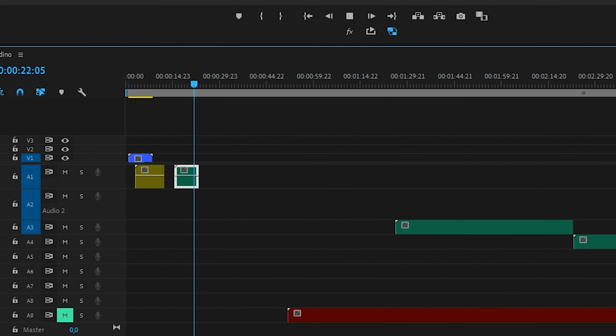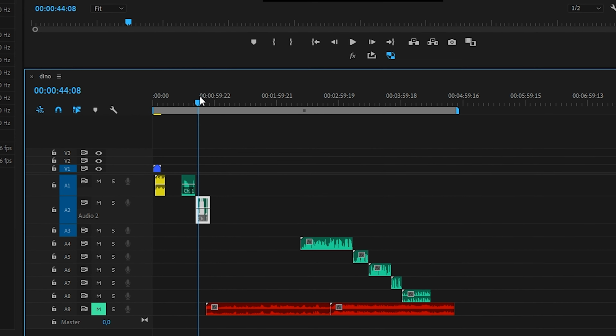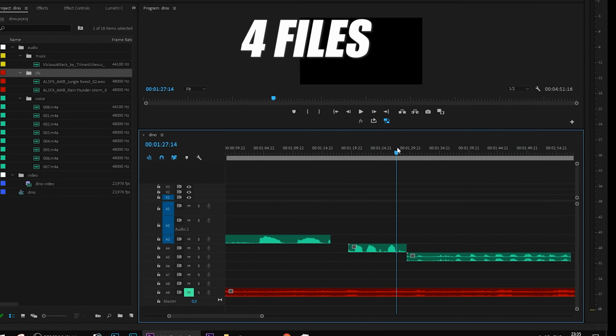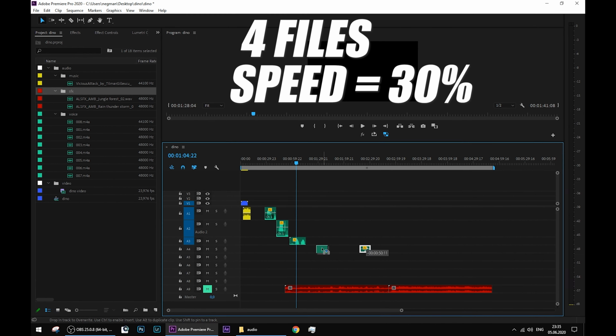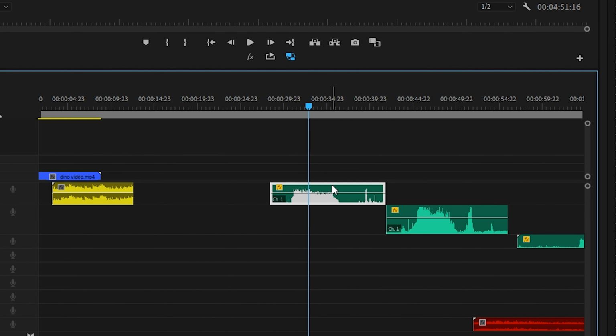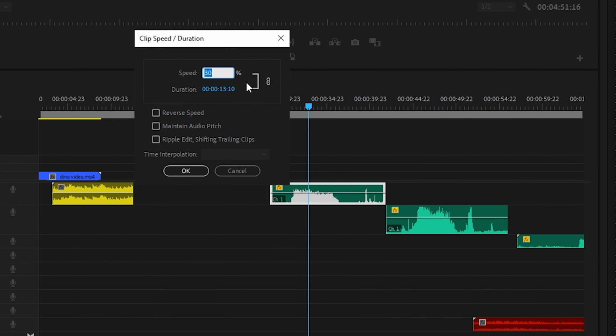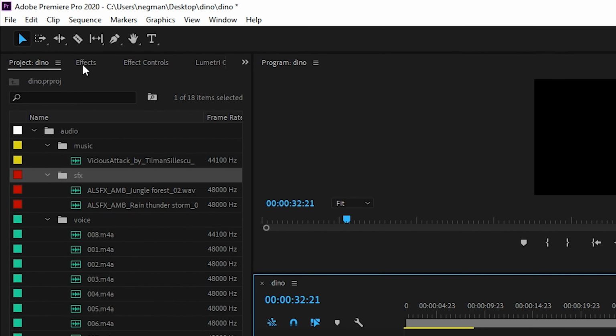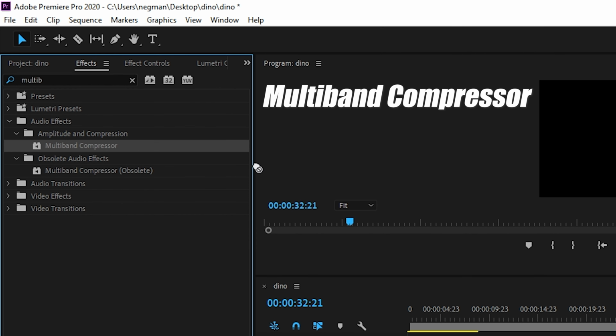So after playing around with voice tracks and different speeds, I decided to keep just 4 files out of 8. All of them are 30% of normal speed. Let me show you. 30%. And to make those sounds a little bit louder and brighter, I will use the multiband compressor effect for